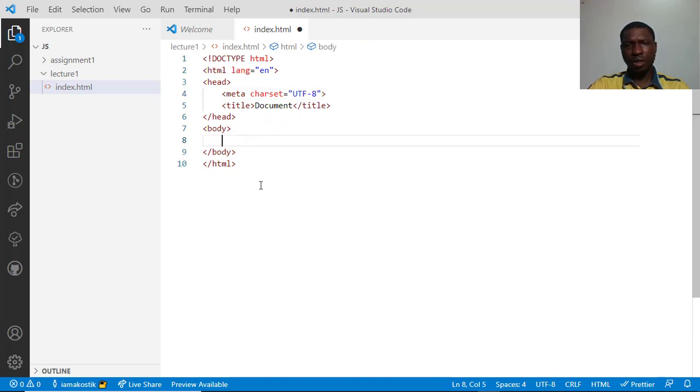In the body section, I'm just going to add a paragraph. So first, the title section, I'm going to change that to JavaScript. Okay, and then in the body section, I'm just going to do H1. And if you don't know HTML, please, I have a full HTML tutorial that will take you through HTML.